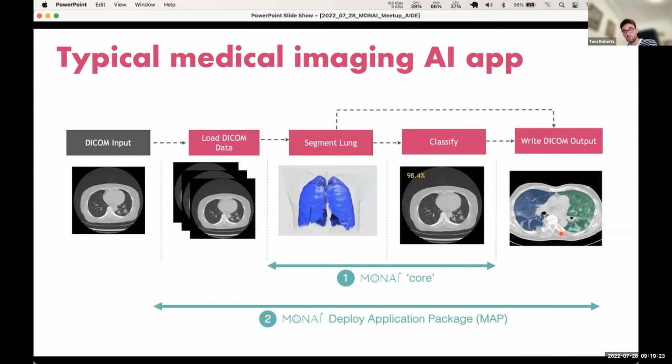Just to describe how that looks, this is how a typical medical imaging AI app might look in a hospital scenario. You might have some kind of DICOM input. In this case, these are lung CT images, and you would load that DICOM data into your app. In this case, you might want to package that up with a MONAI Deploy application package, or a MAP. And within this, which is effectively a Docker container, I'll talk about this a bit more on the next slide as well, you'll load the DICOM data in, then perform some kind of AI algorithm, potentially using something like MONAI Core, where you segment the lungs, you perform a classification, and then you write that DICOM output. And that will then get passed back to